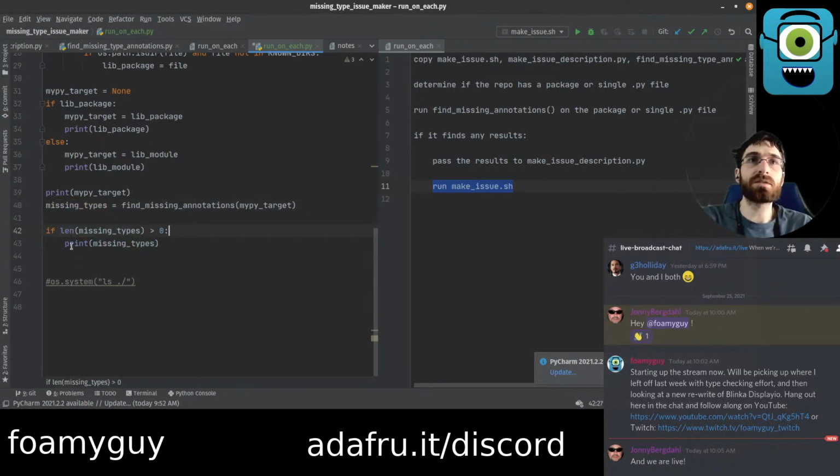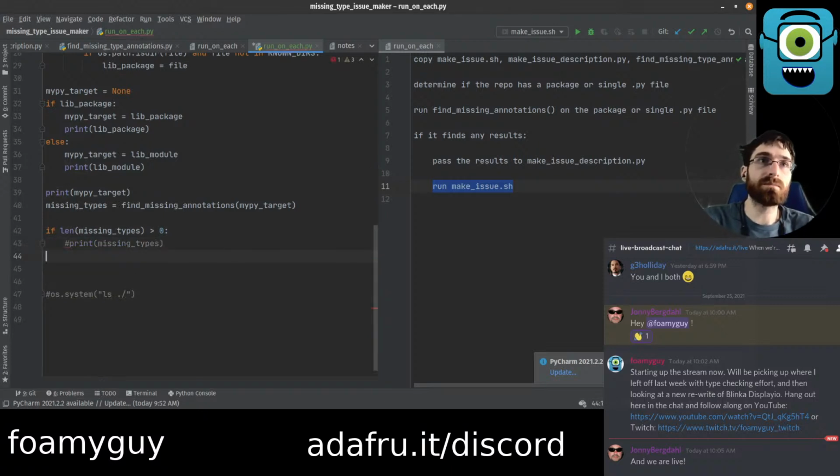If the length is greater than 0, we need to print them. I think what I'll do is just print found, number missing types in